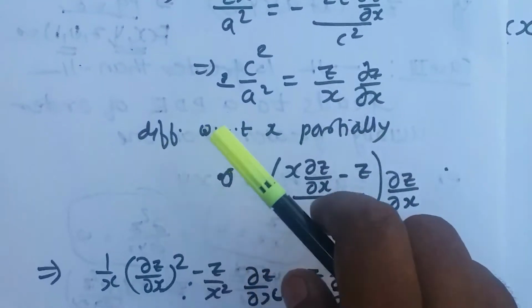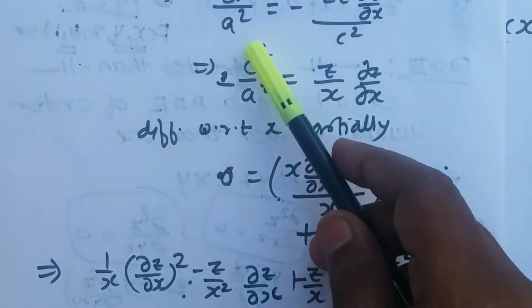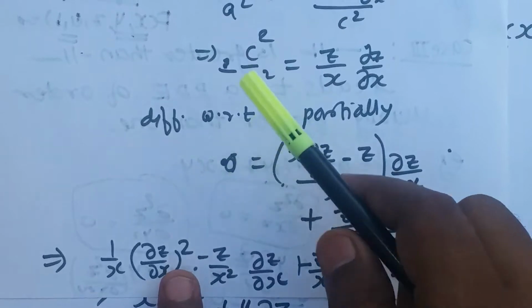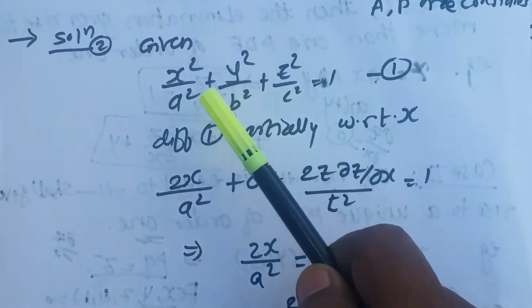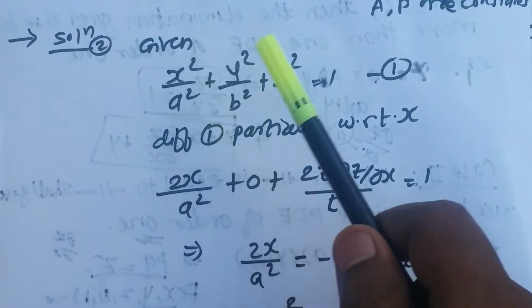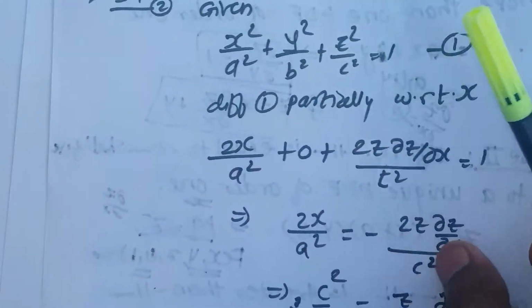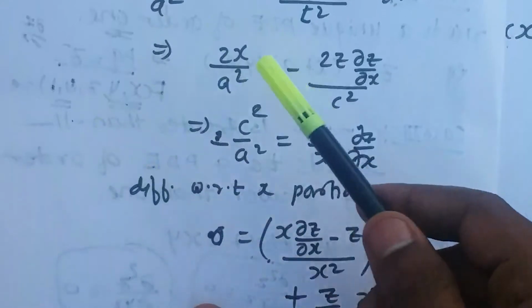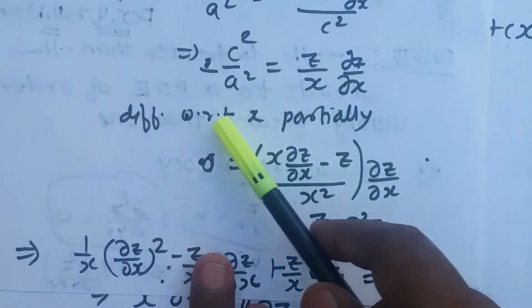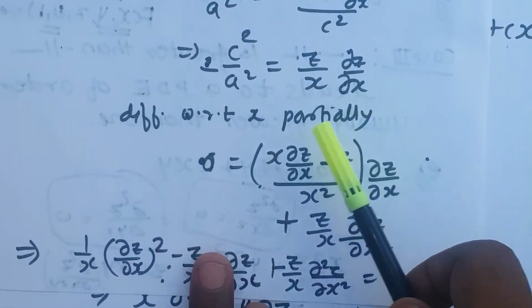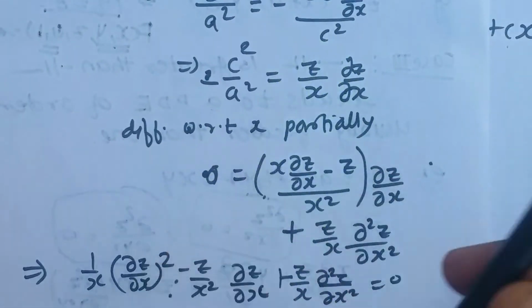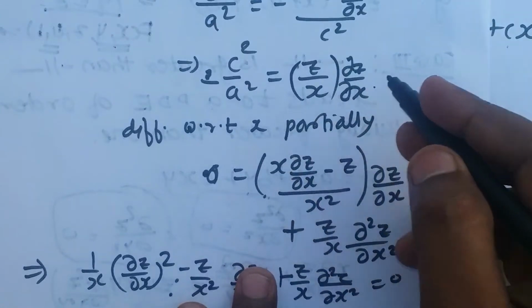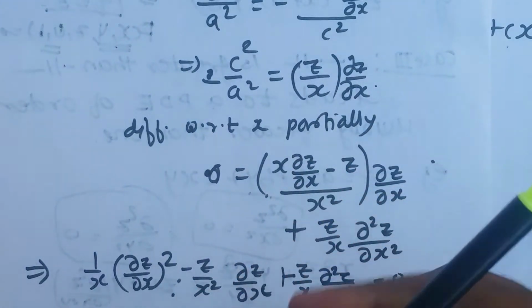Okay, so differentiate 1 with respect to x again, so the left hand side derivative will be 0. Whenever the arbitrary constants are more than the independent variables, we get a higher order differential equation, means more than one, therefore we have to differentiate one more time. So if we differentiate one more time with respect to x, left hand side derivative will be 0, and on the right hand side we'll apply the u into v rule. This is one function, this is one function, both contain x, so u into v rule.